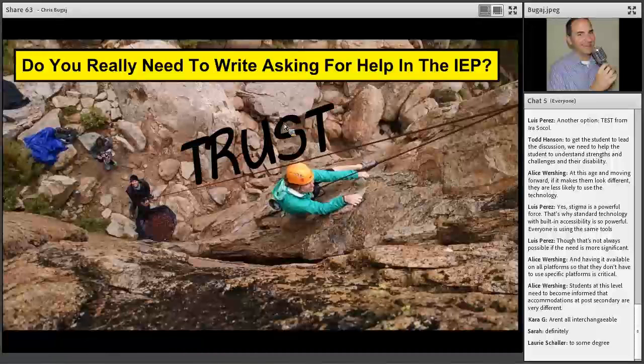Do you really need to write asking for help in the IEP? This picture here shows a person rock climbing, right? And there's someone down at the bottom of the rock kind of holding them up, and the person on the rock is really trusting that the person at the bottom doesn't let them go and plummet to their death, right? And the big word trust there next to the rope. The idea here is that the majority of the time things work really well and educators do what they say they're going to do, meaning most IEP meetings,